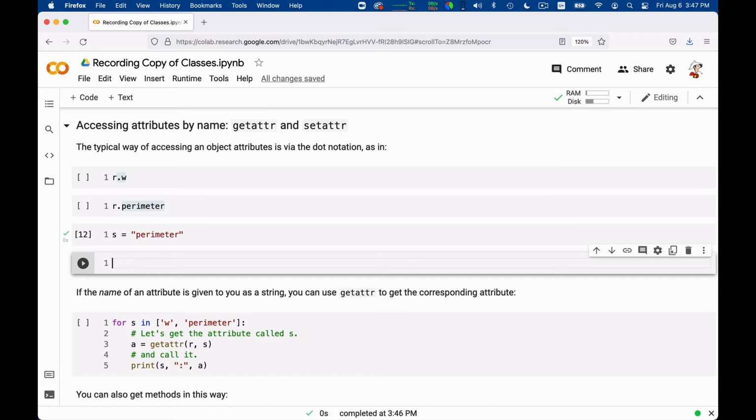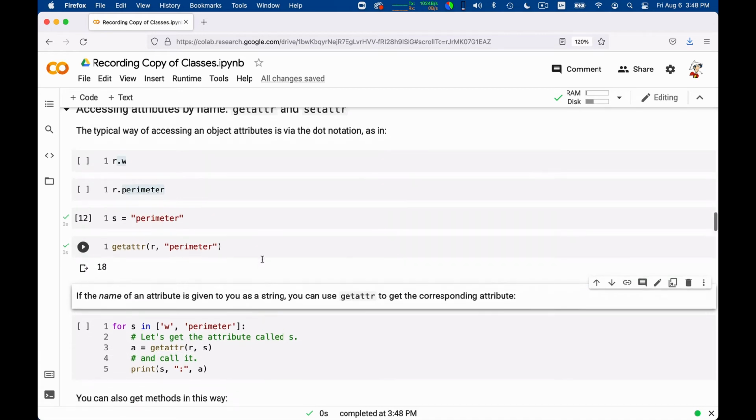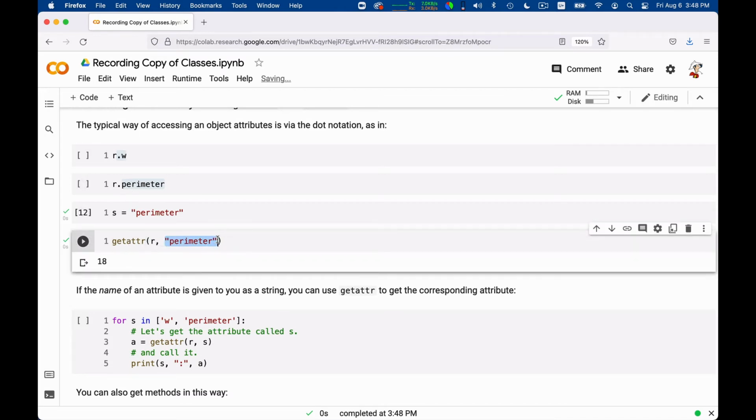So the way to do it would be to say getattr of r and then perimeter. The result of this will be, in this case, 18. So this gives you a way to fish things out of an object in a programmatic way.